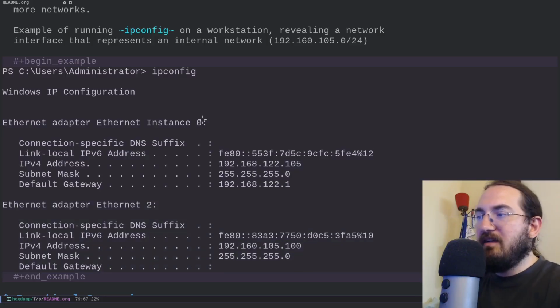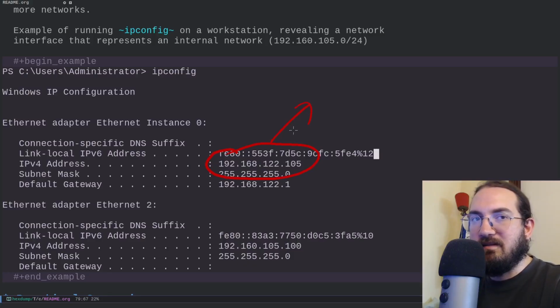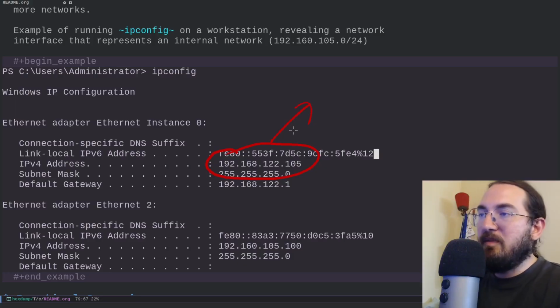So in this case, I have IP address 192.168.122.105. This is for a publicly accessible network, so everyone on the internet can access that endpoint. Actually, this is not a public IP, but we're just discussing it as if it were exposed to the system. Specifically, this is exposed to the basic QEMU NAT interface, so I can access it from